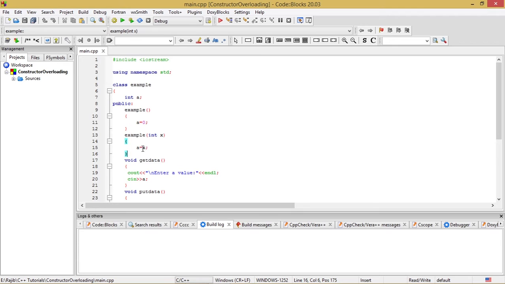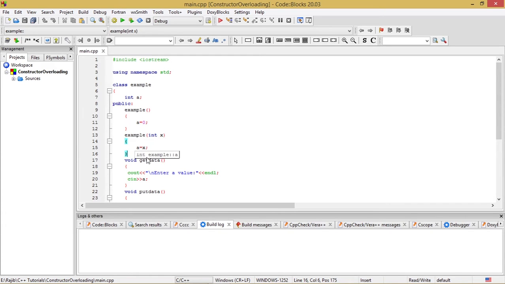So this line a = x assigns the value of the parameter to the member variable a of the object of the class Example.